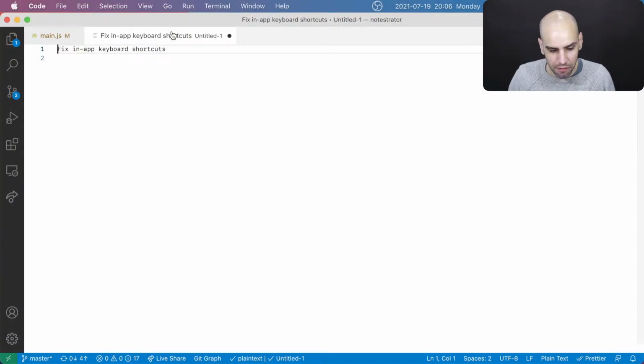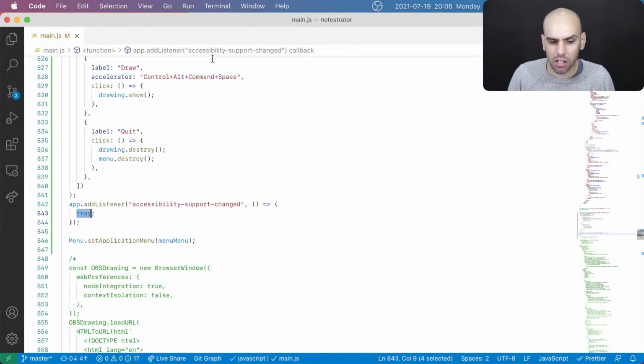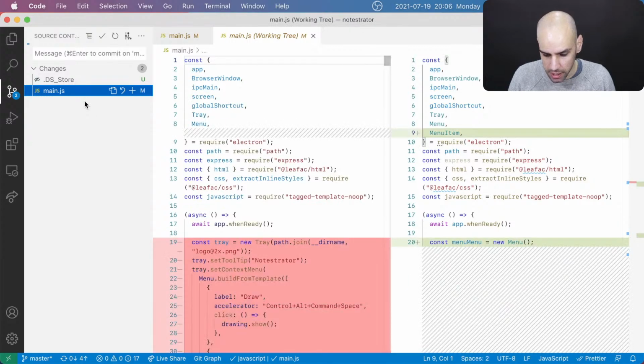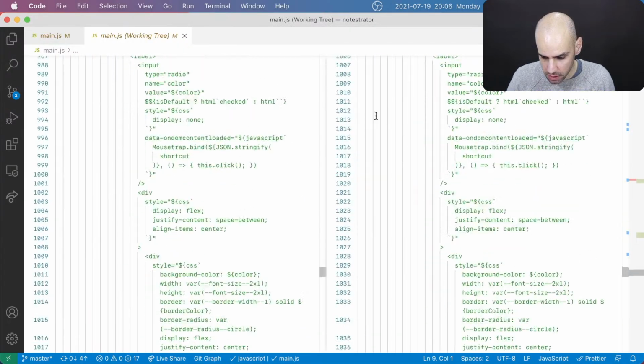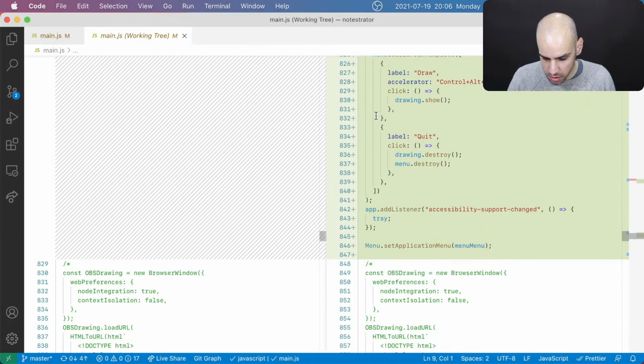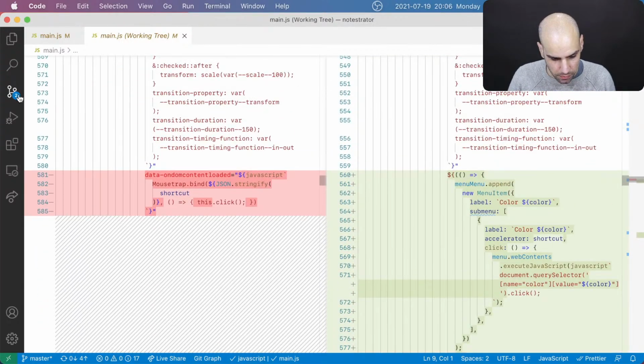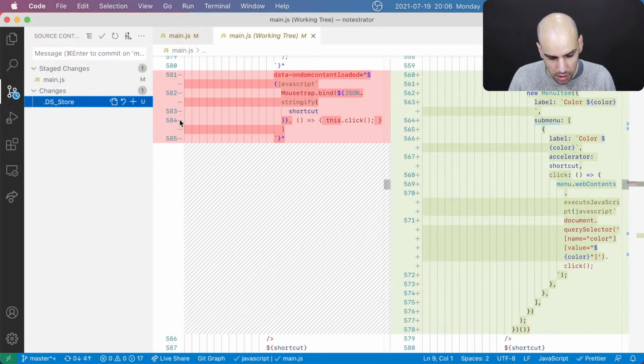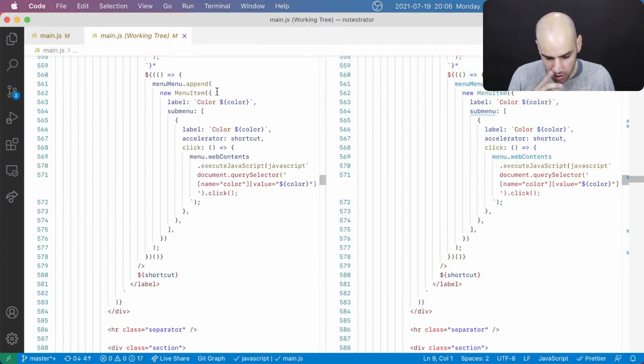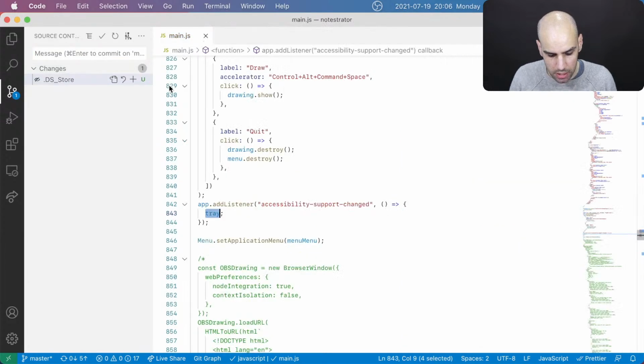But we did it. We fixed the in-app keyboard shortcuts. Not all of them. I still have to do the rest of the work and all the other ones, but let me save what I have, and I think that what I have is absolutely ridiculous, but it works. And you just gotta love how the code is bigger, but it's still in the same position. Collocation, that's one of the main tenets of how I write code. So yeah, next time we'll continue this work on the keyboard shortcuts, and